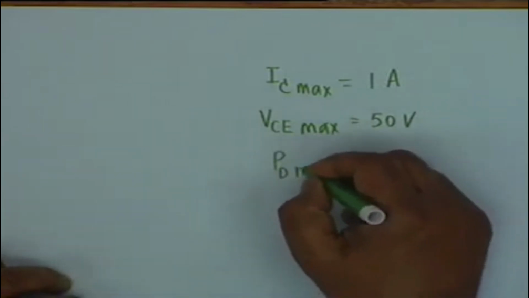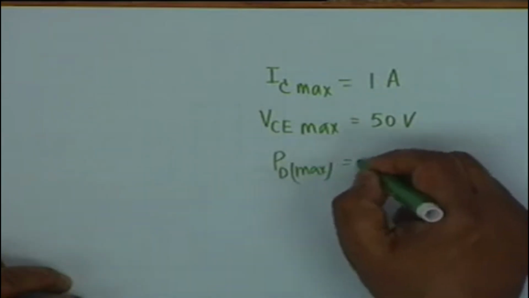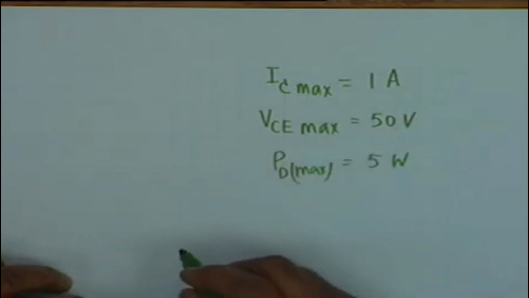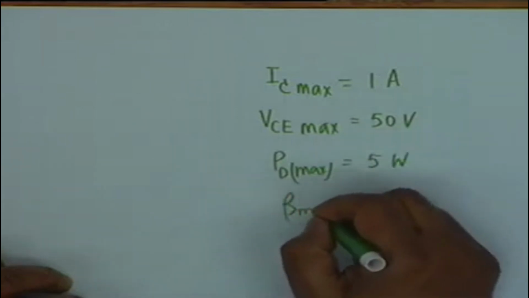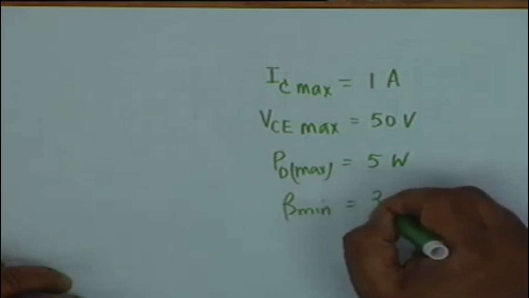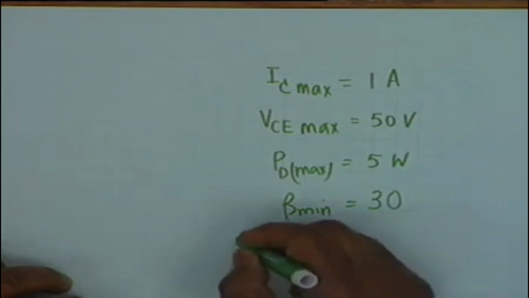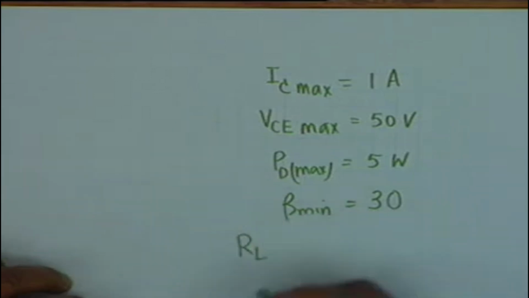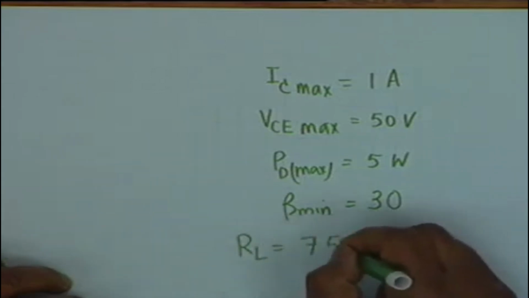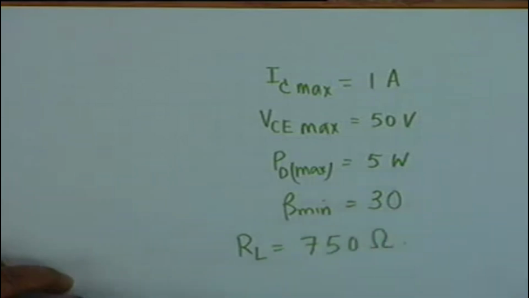PD max, that is the maximum power dissipation, is specified as 5 watt. The minimum beta is specified as 30, and in addition the load RL is specified to be 750 ohms, and the design is required to be done in such a manner that maximum power is transferred to the load,